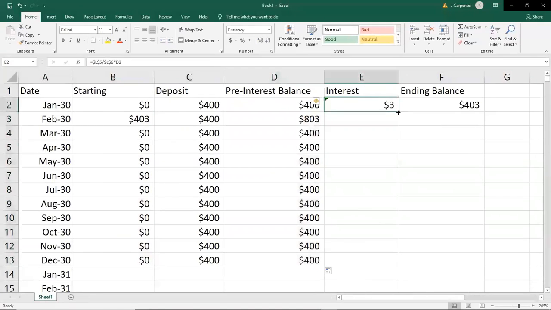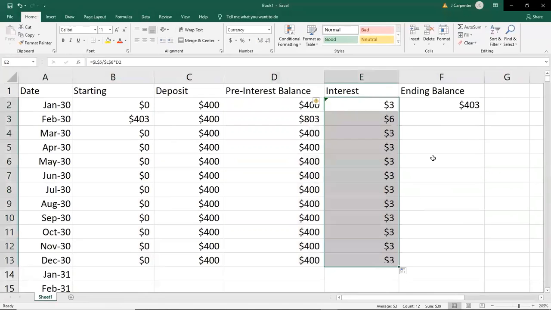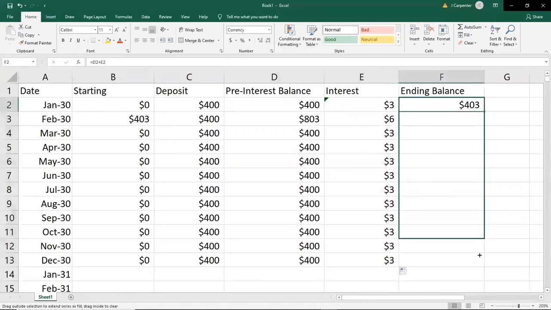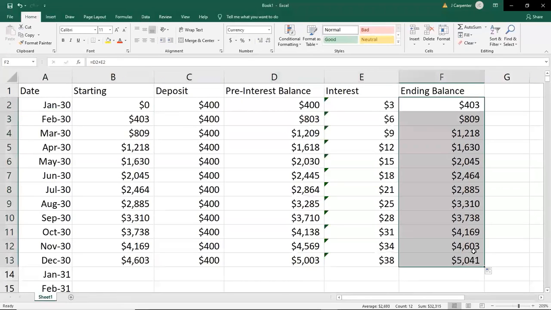down. Let's drag the interest formula down. Let's drag the ending balance formula down. Now everything is starting to make sense. And in a matter of 1 year, we have managed to deposit, let's see, $400 times 12. Well, that would be $4,800. And we now have $5,041,